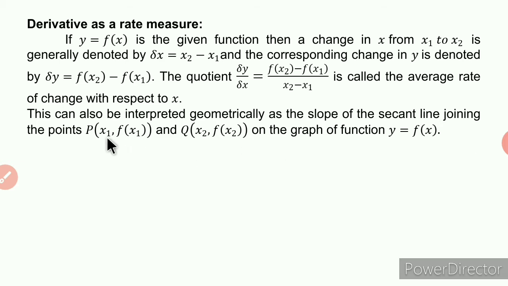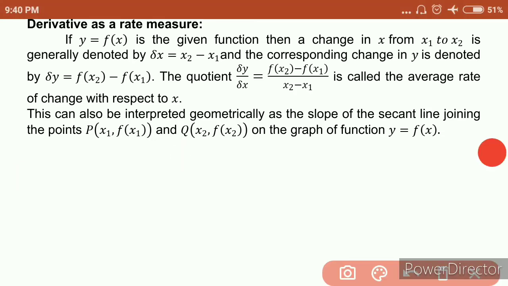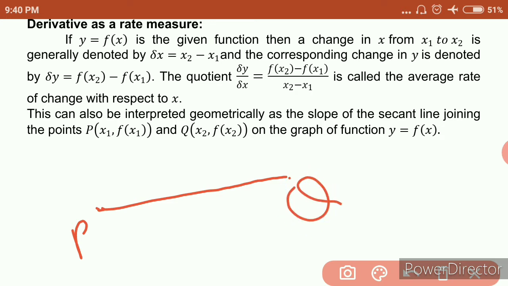बघा काय म्हणते मी की जर आपण p आणि q हे दोन पॉइंट रिप्रेझेंट केले त्या कर्व वरचे की ज्यांचे कोऑर्डिनेट्स आहेत x1 f of x1 आणि x2 f of x2, या दोघं पॉइंटला जॉईन करून जर आपण एखादी लाईन ड्रॉ केली, ओके, suppose these are the 2 points, and if we join these 2 points here, this point is p and this point is q, and if we find here its slope,